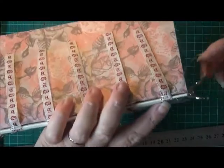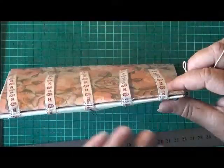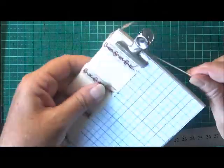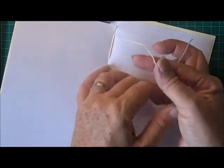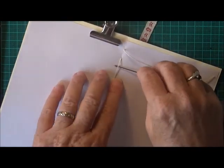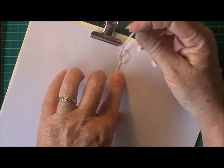Okay, and make sure that it's over that strap there. Okay, so I've got them all hooked up now. Okay, and then I'll just open that up and go under there. Make sure it's pulled nice and firm,